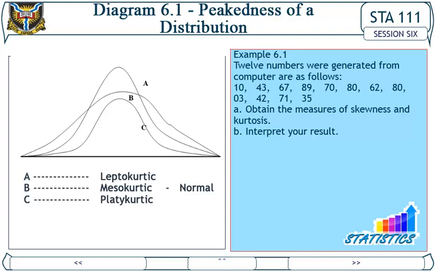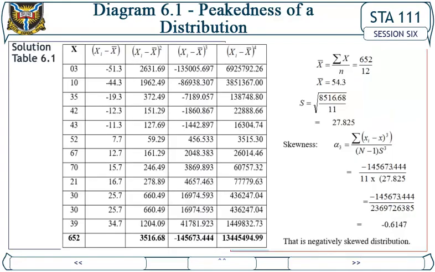Example 6.1. 12 numbers generated from a computer are as follows: 10, 43, 67, 89, 70, 80, 62, 80, 03, 42, 71, 35. A. Obtain the measures of skewness and kurtosis. B. Interpret your result. Solution. Mean is equal to 54.3. S is equal to